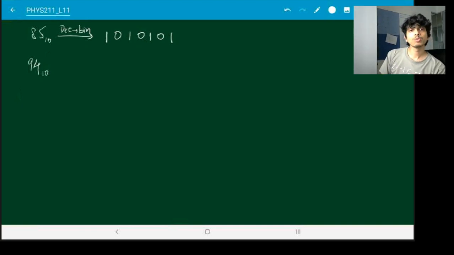Now what you want to do is group these into 4s, from the right hand side. So these are 4, and starting from here these are also 4 if you assume there's a 0 before it. And now what are these 4 numbers? This is 0, 1, 0, 1. 101 is 5. And what is the other group? Well, 0101, then this is 5. So this is 55 in hex.